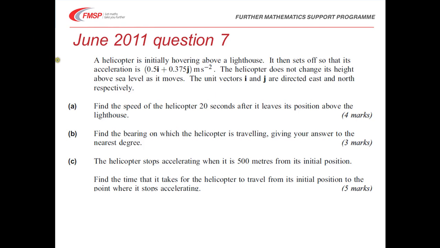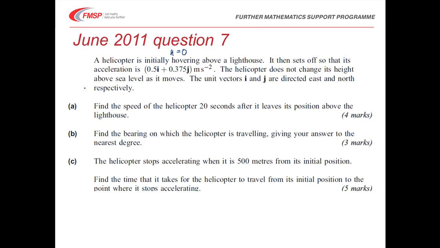So if we start by having a look at the question. We've got a helicopter initially hovering above a lighthouse. Now just notice the information that you've got there. It's initially hovering, so that means that the initial velocity is 0, and that's some information we will need later. It then sets off so that its acceleration is given by the vector 0.5i plus 0.375j meters per second squared, and it does not change its height above sea level, and the unit vectors i and j are directed east